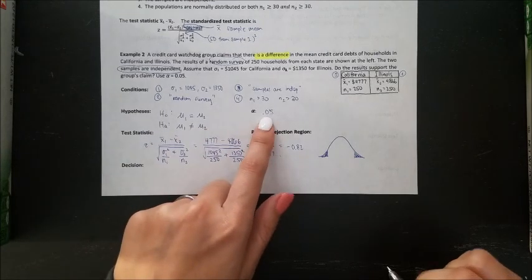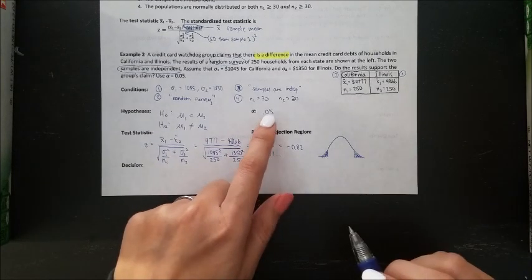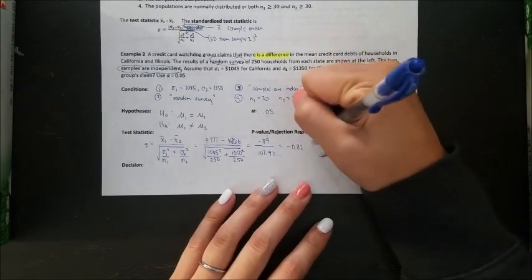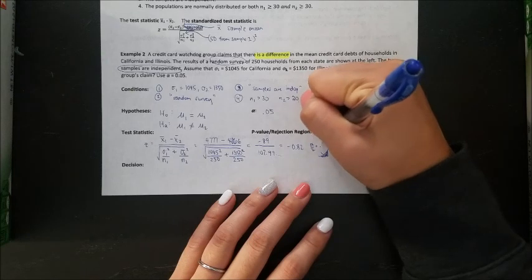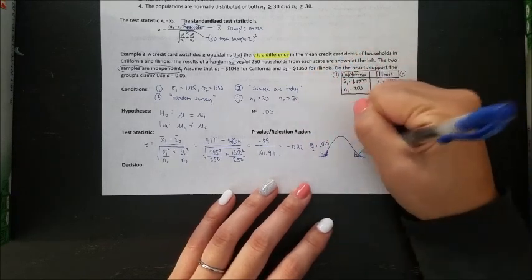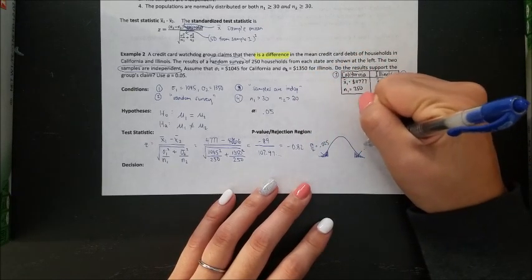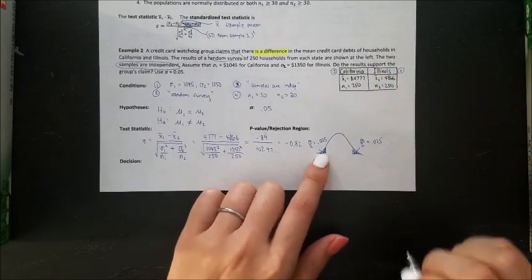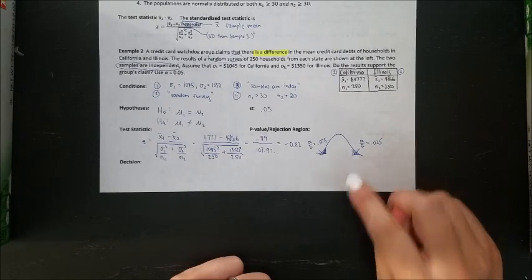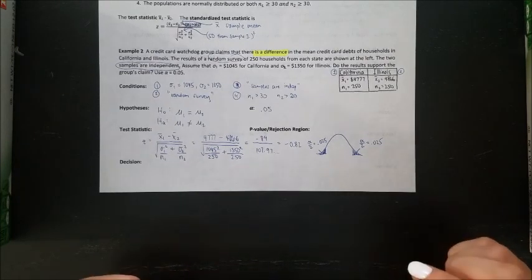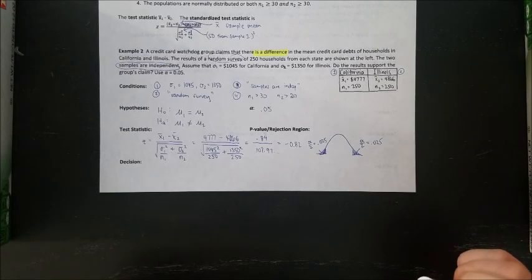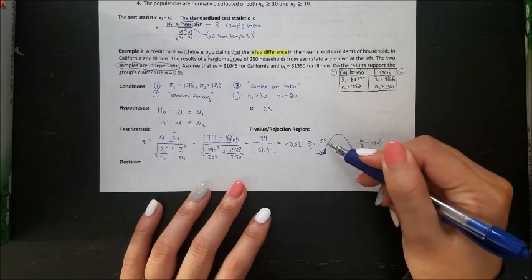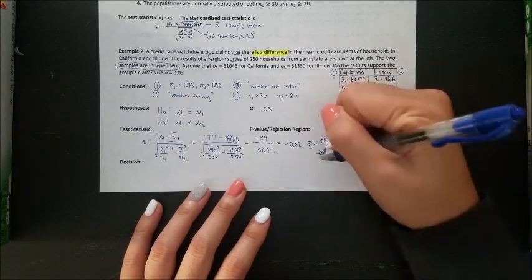Alpha equals 0.05. That means in each of these shaded regions, I should have 0.05 in it. And so because I have two of them, I'm going to divide it by 2. So alpha divided by 2 gives me 0.025. And that means over here is also alpha divided by 2, which is 0.025. So that means there's 2.5% in that shaded region there, 2.5% in that shaded region there. So when I find my z-scores in the chart, I'm looking for 0.025. And from doing that, you should get